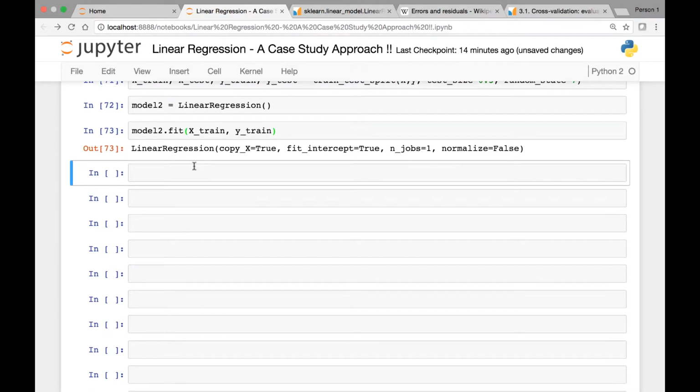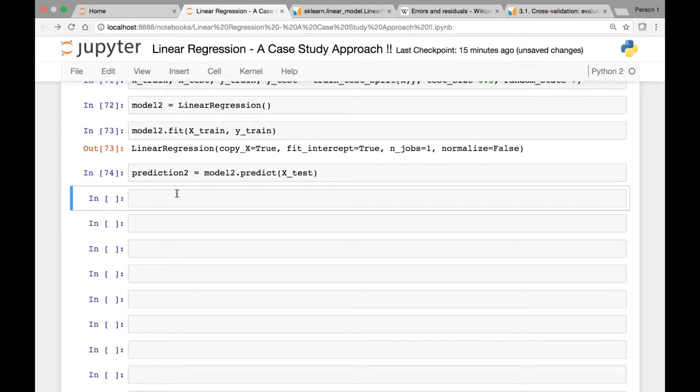Once we train our model, we can predict by using the testing dataset, the X_test dataset. So model2.predict, that's the method, and pass our X_test dataset, and we'll save this in a variable called